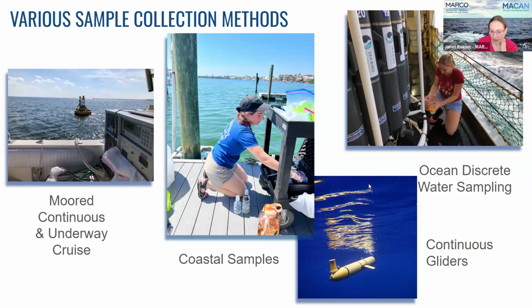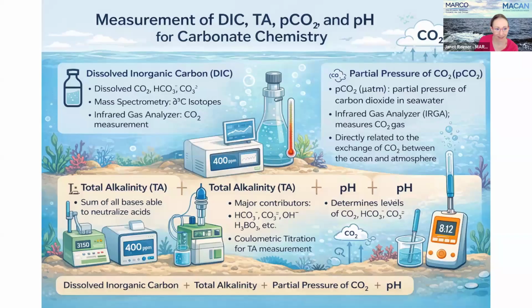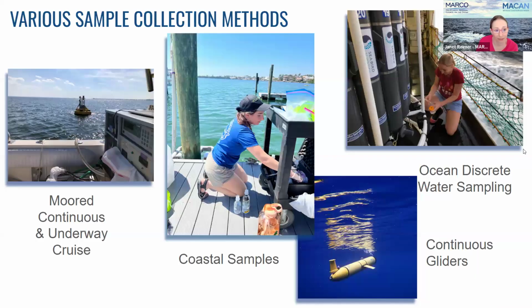Rutgers University is leading a glider program on the East Coast that collects pH. Their program collects pH from these wonderful gliders, and they send them out all year long. And we're really excited because we're starting to add some of that glider data into the portal database. And I'll talk a little bit more about that.